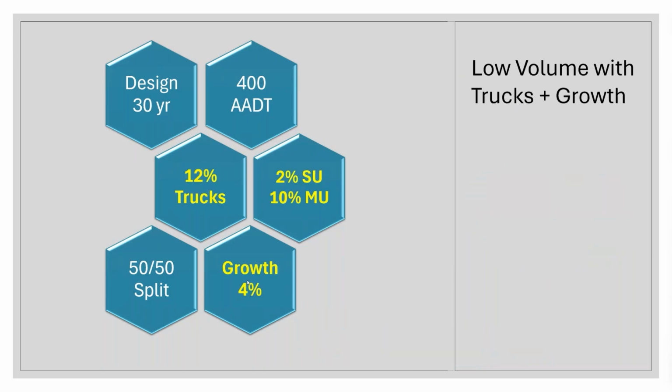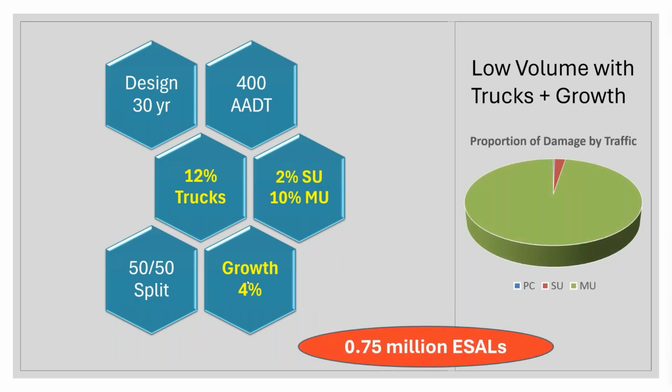If we bump up our truck traffic, maybe we got some drilling operations going on or a new logging facility, and so we get a lot more trucks added on. Now we can jump that up to 0.75 million ESALs. Still not huge in the grand scheme of the world, but it is an 1,150% increase from what we had before. So that will definitely have an impact on how your pavements are going to perform and how that performance and longevity is affecting those traveled ways.